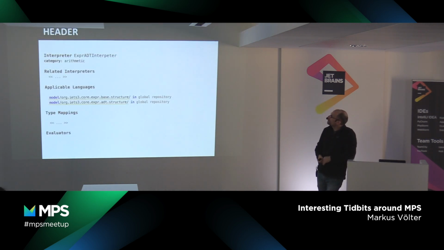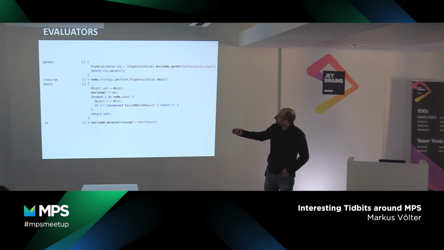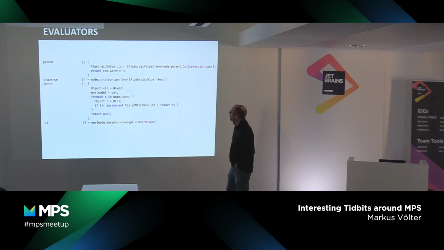So the way you define an interpreter is that you give it a name and a category. I think nobody's ever used a category different from that one. And then you say for which languages you want to define the interpreter. In other words, this has to make the concept definitions visible, right? And then you define evaluators. An evaluator always says, here is the language concept of your language, then here is a type guard, optionally. Like for plus, for example, you interpret differently if the two arguments are strings versus if they are numbers, right? In one case you concatenate, otherwise you add. And then you write Java code on the right side that performs the actual implementation.